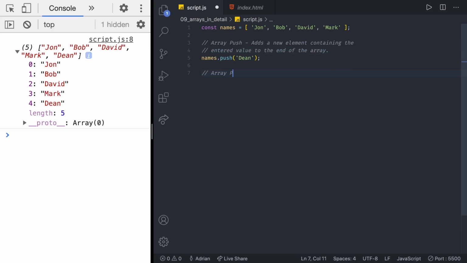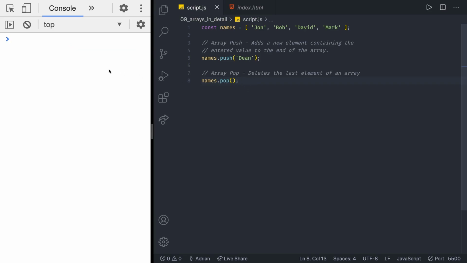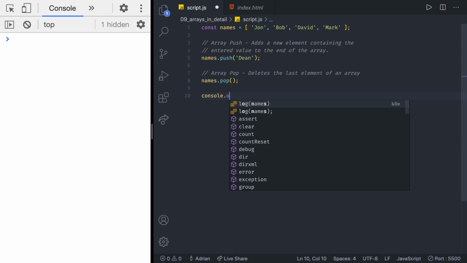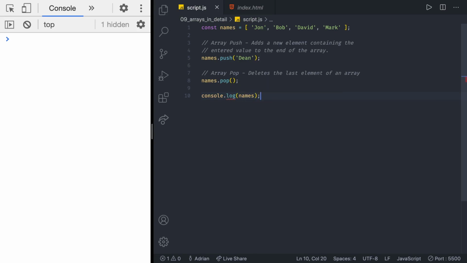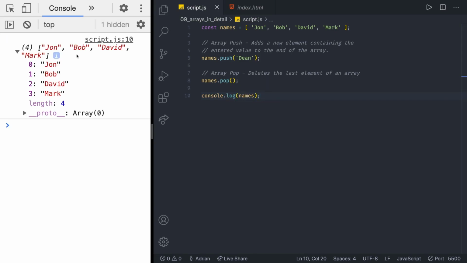It's called array pop. The pop method does quite the opposite from the push method. It deletes the last element of an array. That's it. Since we're doing deletion, basically the only thing we have to do is just do names.pop and call it as a method. We don't have to provide any value in because we're just deleting. Now, if we call this, take a look, we get back, well, nothing because I didn't put a console log there. But if we console log the names, you should be able to see that the array stays the same